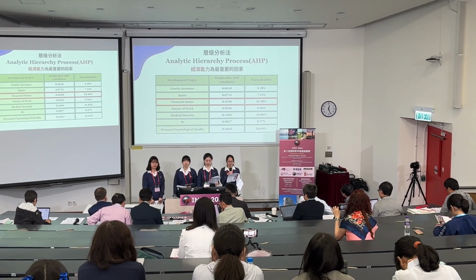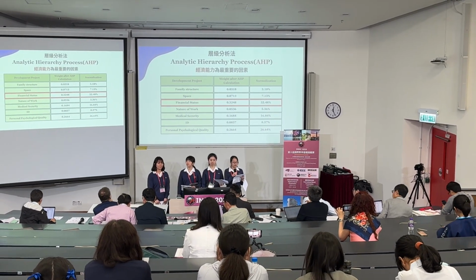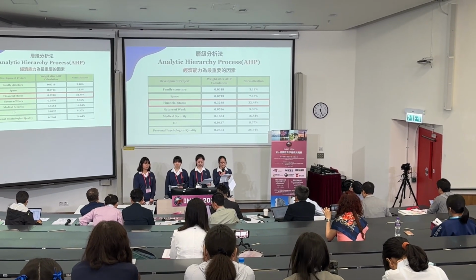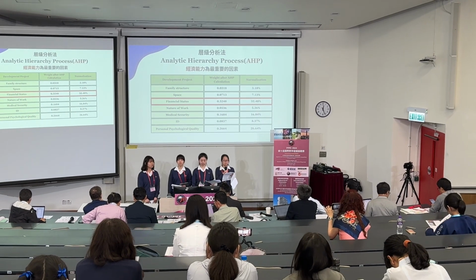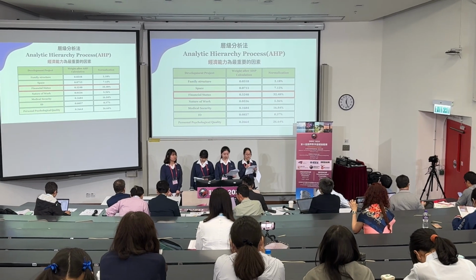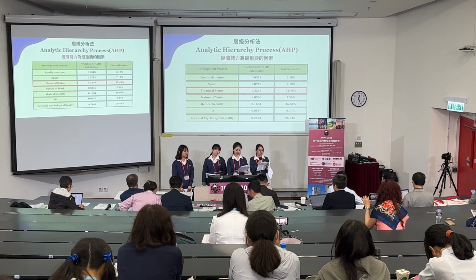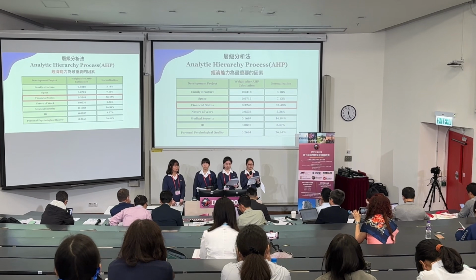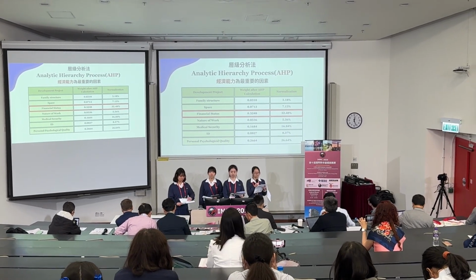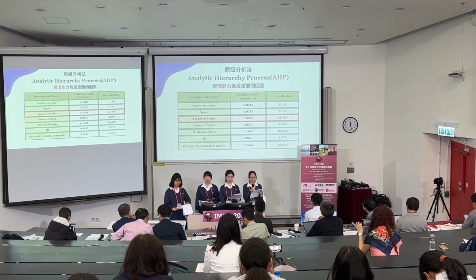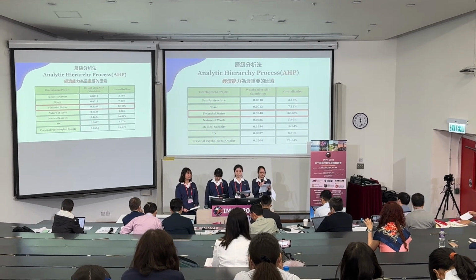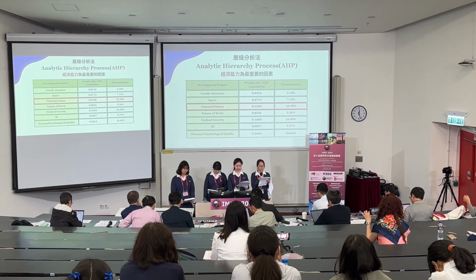Considering the mentioned indicators, we adopted the AHP method and selected 7 indicators: family structure, space, financial status, nature of work, medical security, certifications, and personal psychological quality. According to the AHP, we use Python to assist us in finding the maximum eigenvalue and eigenvector of the comparison matrix, and the normalized eigenvector. That way we can calculate the weights of the 7 indicators. The most important indicator is financial status.